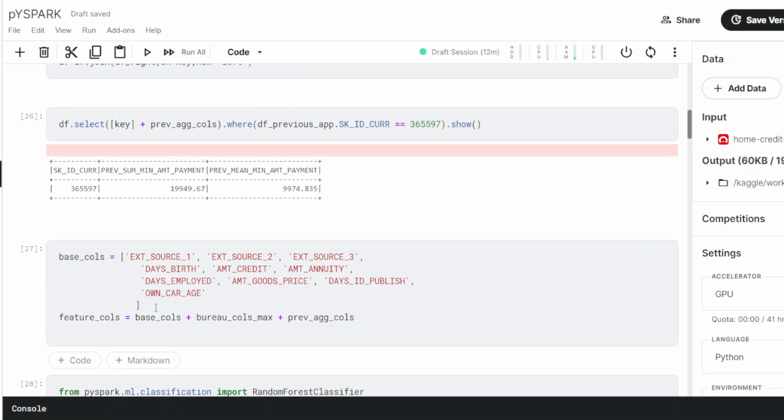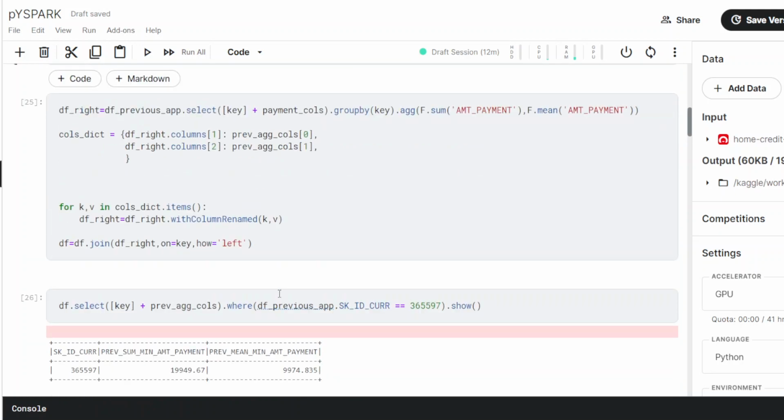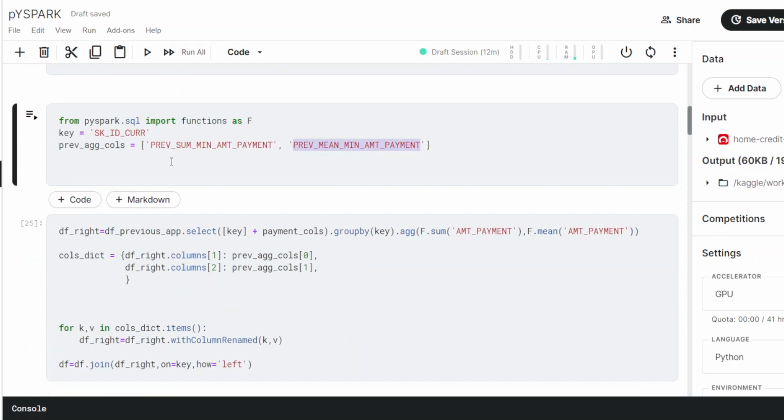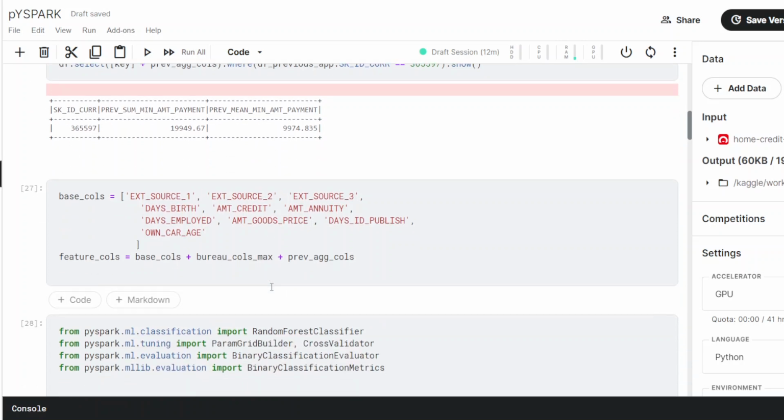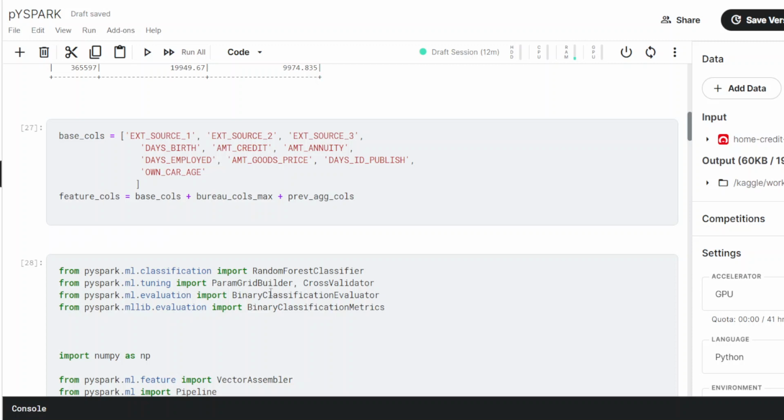Now we have the base columns which are present, and we have bureau calls max and previous aggregated columns. These columns, we will take only these columns. We have a number of columns in the data sets. We have multiple files. You can use all of them, but the purpose is not to optimize here. The purpose is just to see how we will do the PySpark